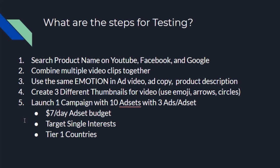No need to go too crazy and reinvent the wheel, but you still need to be creative, because creativity will always outweigh just copying something. And so you need to combine multiple clips together. You need to use the same emotion in the ad video, the ad copy, and the product description, and create 3 different thumbnails for the video. This is going to really help with CTR. In my previous video, I touched on the importance of CTR, click-through rate, and these different thumbnails can really help you judge what ad and what thumbnail is going to have a better CTR, which will help you guys out